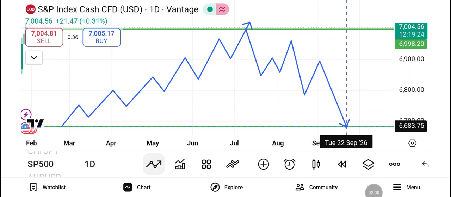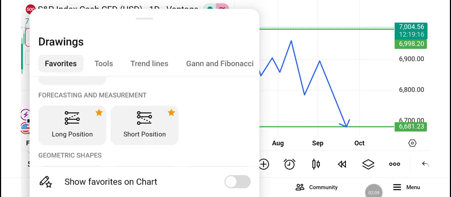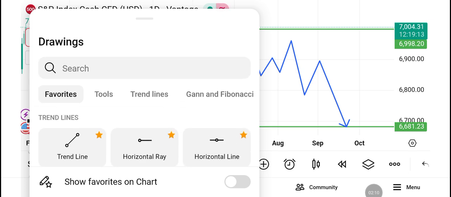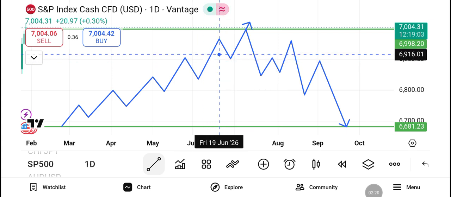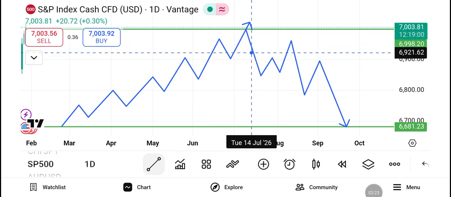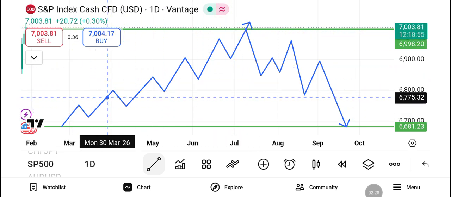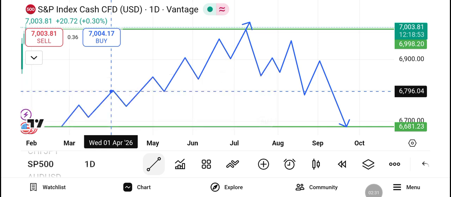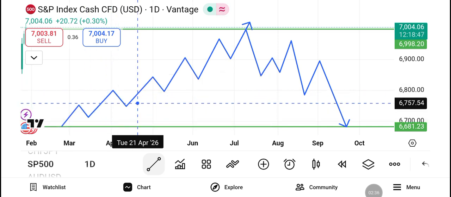Then now let me explain properly with an arrow. Alright, now look at what the market tends to do here. When it breaks structure, this is the higher high, higher low, higher high, higher low.